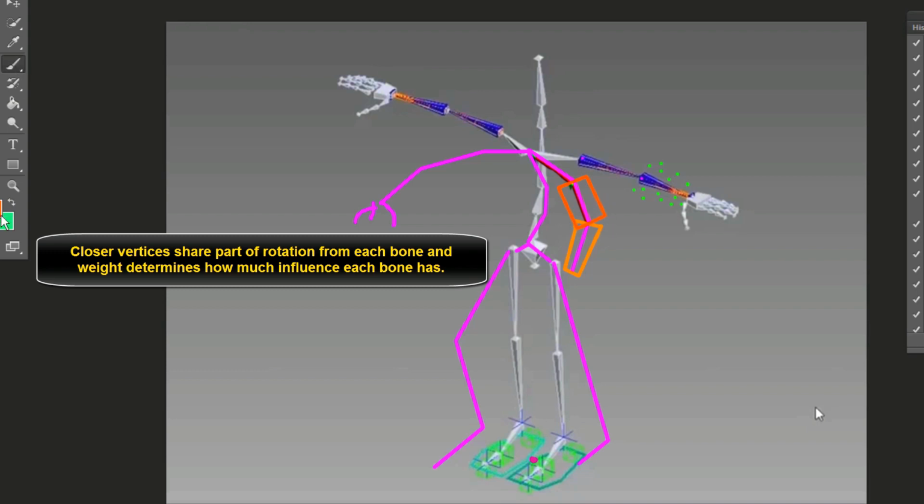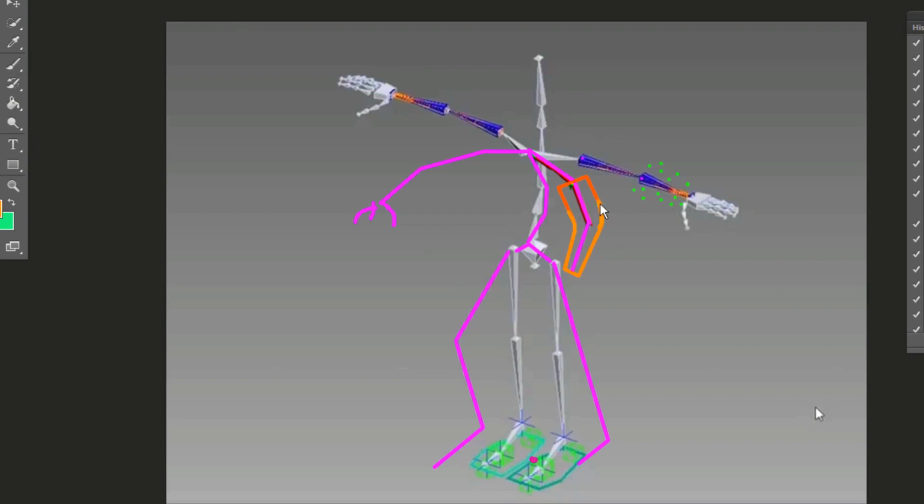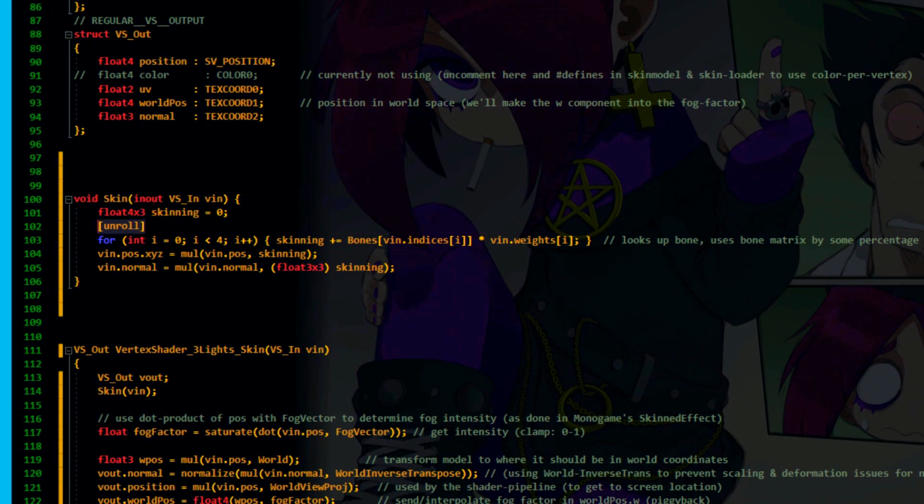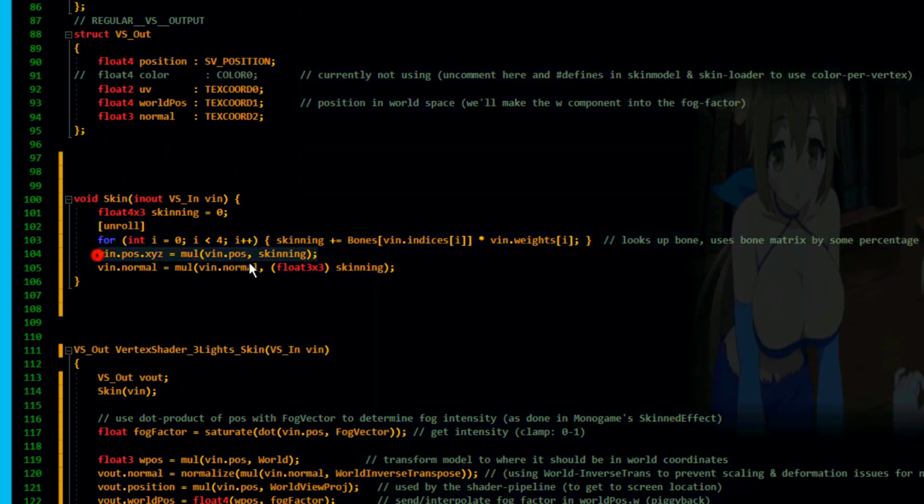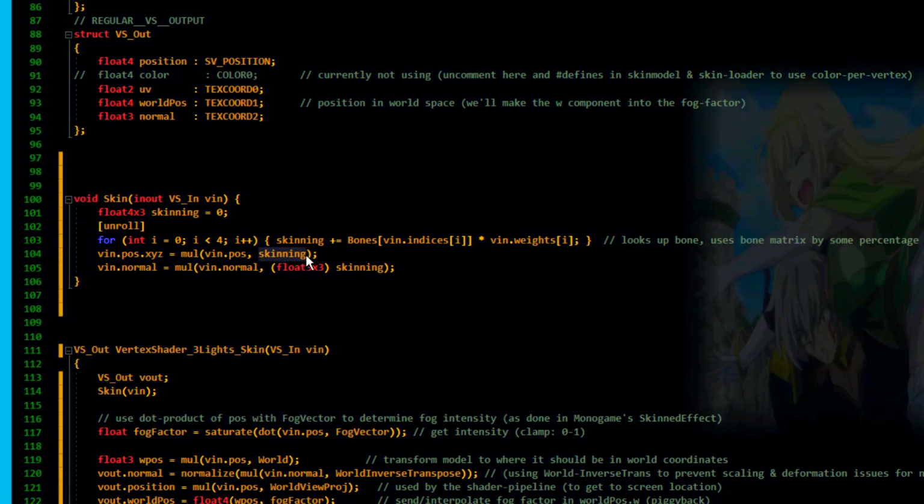Then what you do is you use those weights, and because those weights are a little bit different, like they degrade as they go this way, you get this nice curved elbow as it bends. And that's what we're after. That's why we're doing this weighting thing. By the way, this unrolls the loop so that this actually isn't a loop. That's just an optimization. Okay, so here we can multiply our position by this resulting sort of interpolating matrix here,